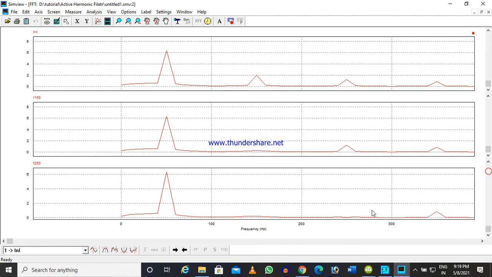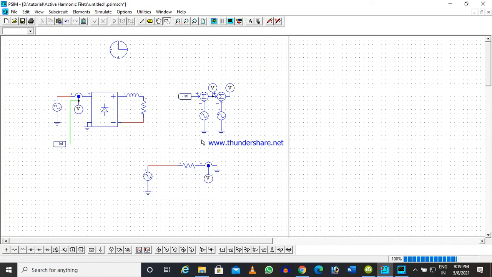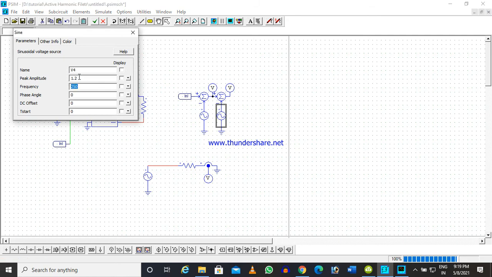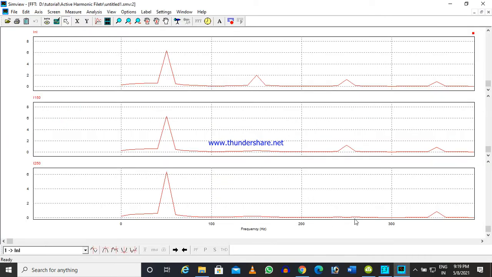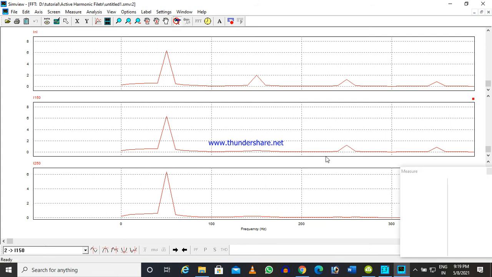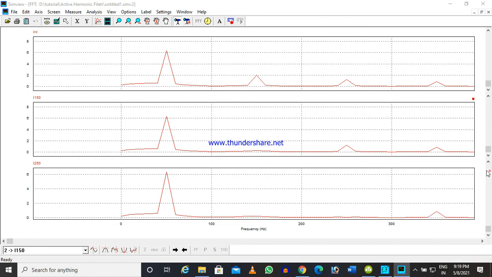1.16 ampere. Now in the second case I have subtracted a 250 hertz component of peak amplitude 1.2 ampere. Once that is done, you see this is that waveform. There again that 250 hertz component has been suppressed. So the harmonic filter is nothing but eliminating, other than the fundamental, whatever frequency components exist in the waveform, that is to be subtracted.